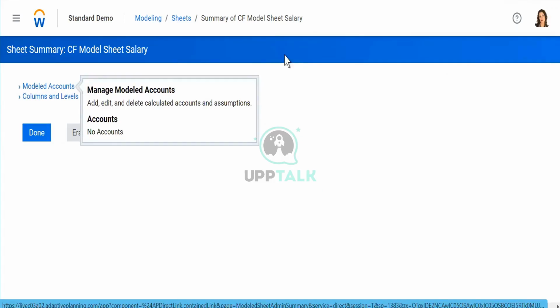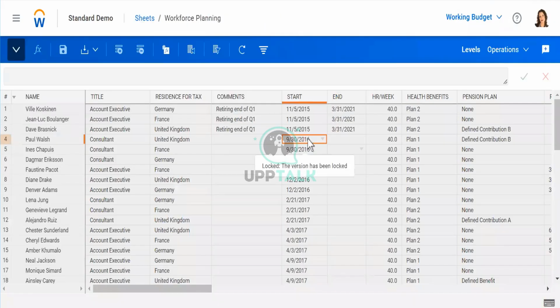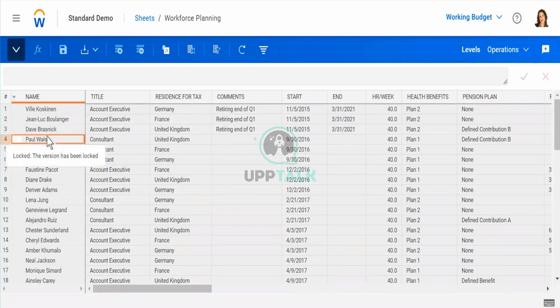What do I mean by back end? Let's go to your workforce planning sheet and I'm simply going to right click on any row. Let's say I'm clicking on Paul here. I'm doing right click. Can you see one option is coming as row details? When you do a right click, a row details option comes and a separate window opens up.